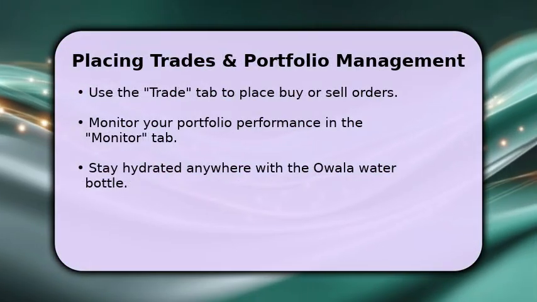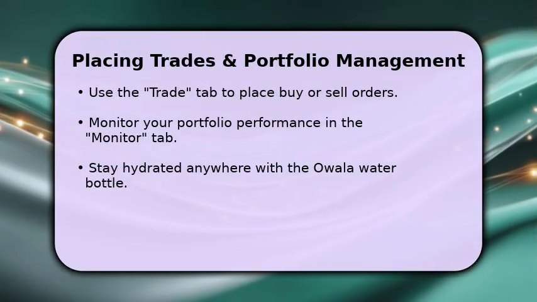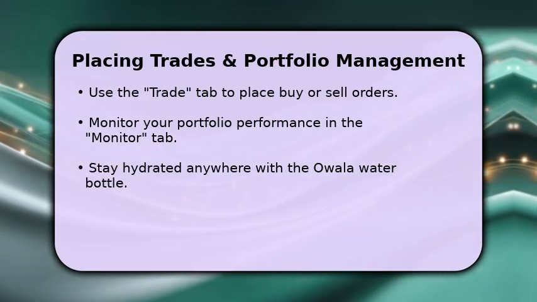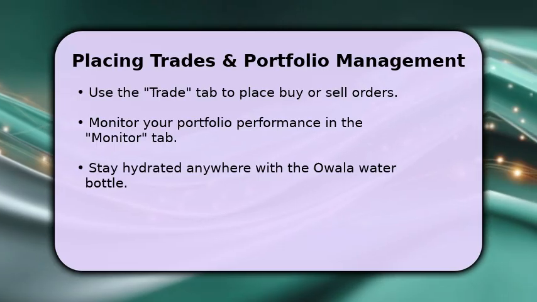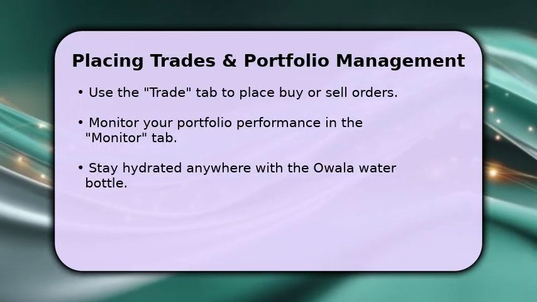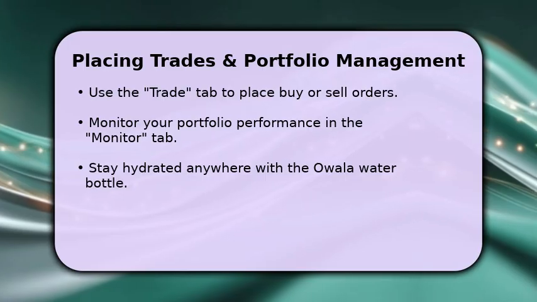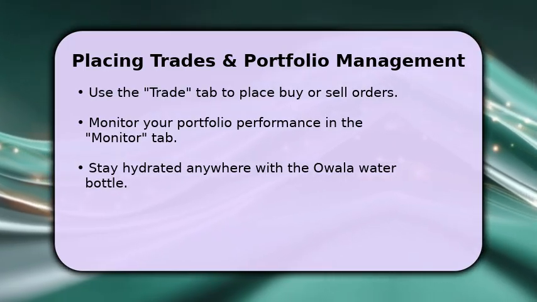Placing trades on Thinkorswim is intuitive. Navigate to the Trade tab, select your desired asset, and enter your order details, such as quantity and order type. After placing trades, you can effectively manage and monitor your portfolio's performance using the Monitor tab, which provides real-time updates